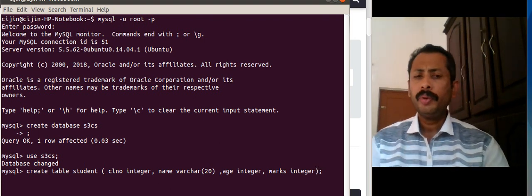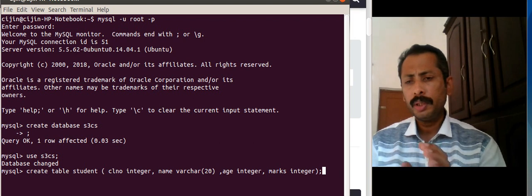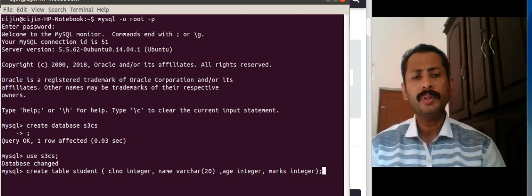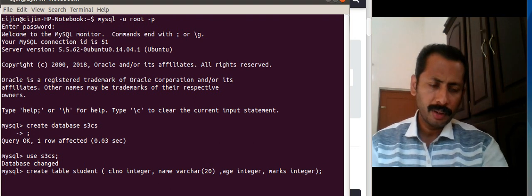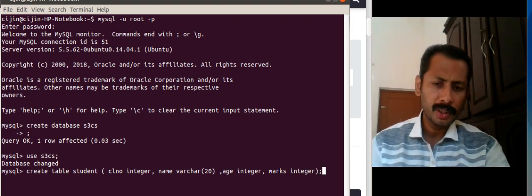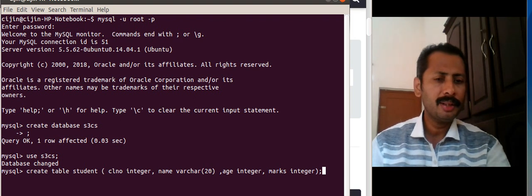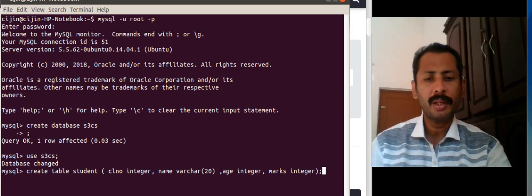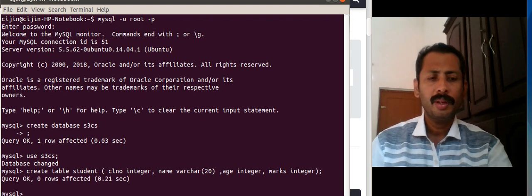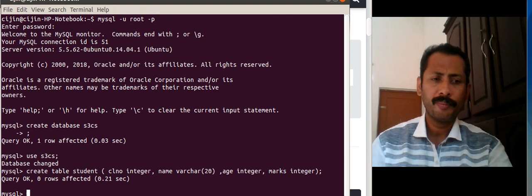Okay, so we need to know about the syntax of this create table query. So if MySQL supports integer, varchar, etc., then this query will execute. Otherwise, it shows error. Okay, so it shows query OK.